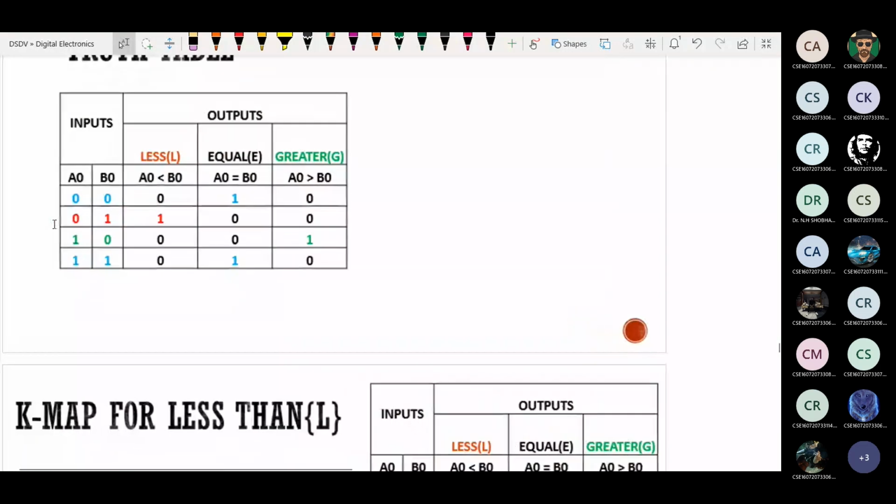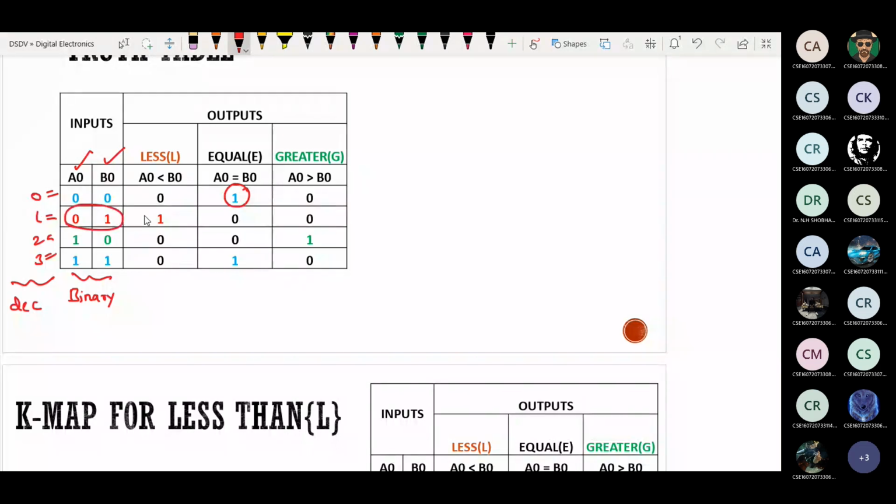See here. If the two inputs are A0 and B0, we get four combinations, which are 0, 1, 2, and 3 in decimal, and here in binary. Now simply check whether they are greater than, less than, or equal to. As 0 is equal to 0, in the equal to position I take 1.